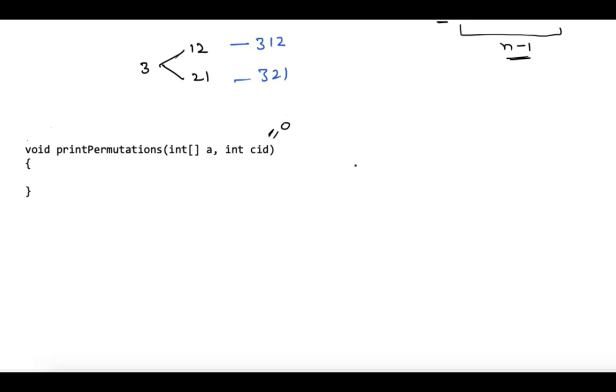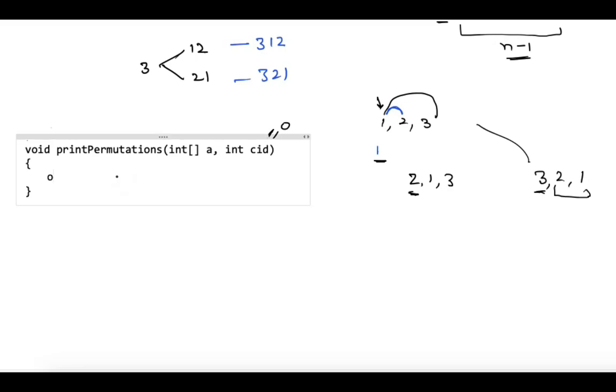So what we will be doing is that let's say if we have 1 2 3, then this is the current index. At this index we will be fixing 1, 2 and 3. So what we can do is that we will fix 1, then we will swap 1 and 2. So when we swap 1 and 2, then the array becomes 2 1 3, right? Then we will fix 2, and then we will swap 1 and 3. So when we swap 1 and 3, the array becomes 3 2 1, and then we fix 3 at the position and call for permutations of 2 and 1.